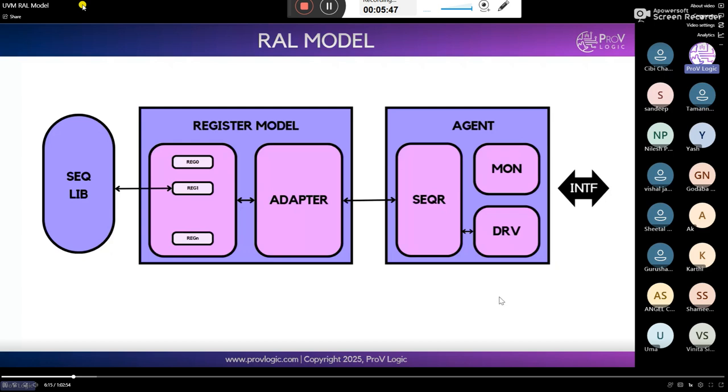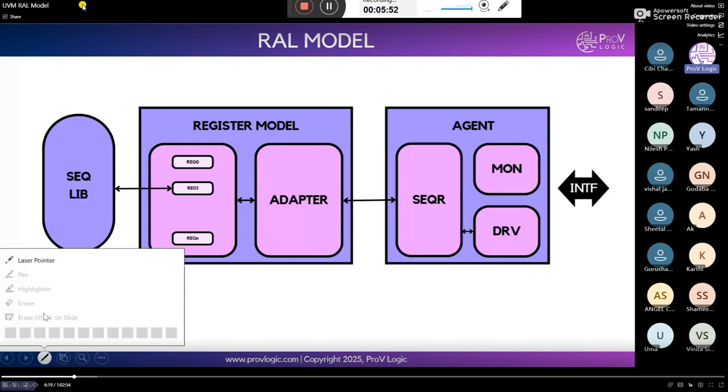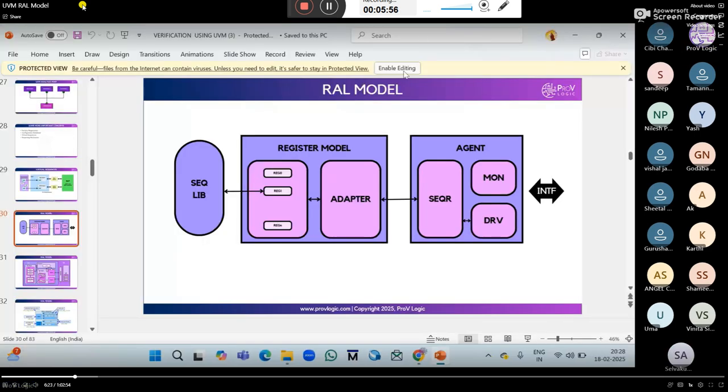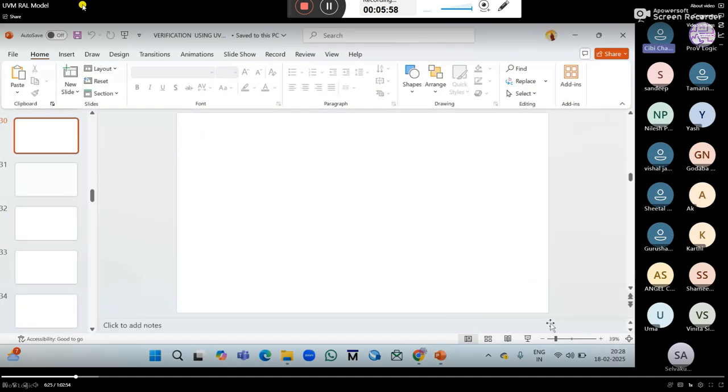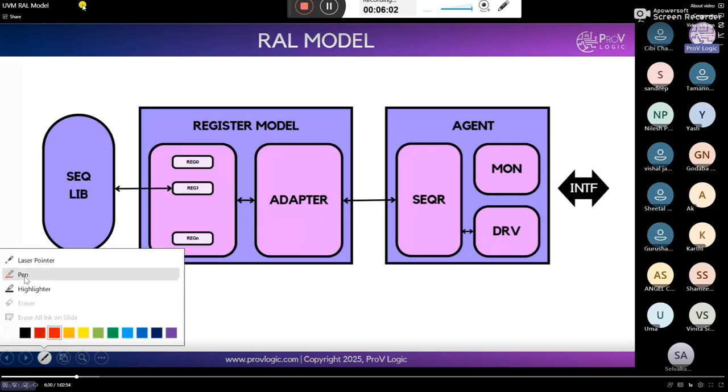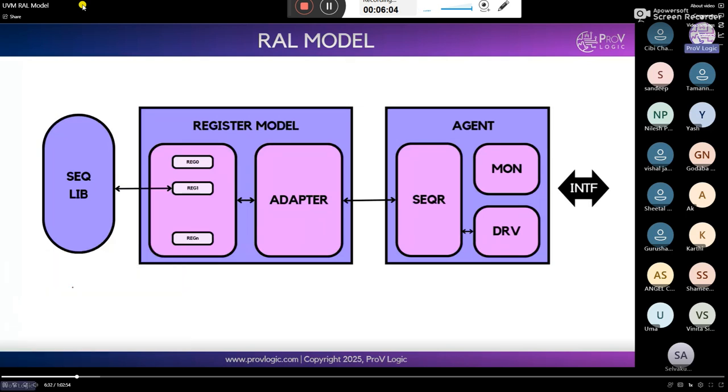Okay, so in SystemVerilog we randomize through a generator. So what is a generator? It generates the transactions. In the generator, we do the randomization, and whatever randomized data is there, we will send to the driver.